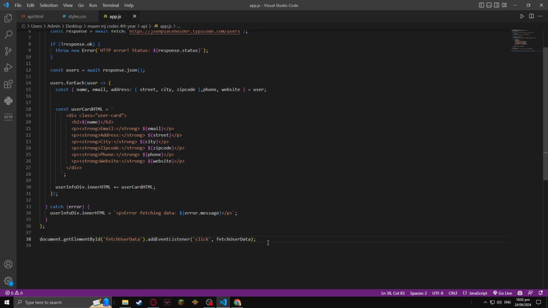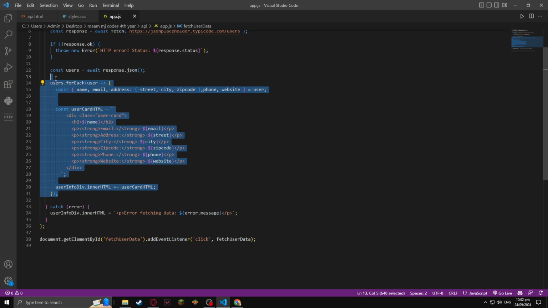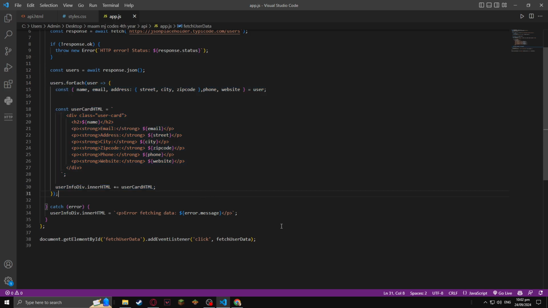If we haven't yet clicked the button, there will be no information or details retrieved and displayed yet. So I added an event listener for when we click the button, it will retrieve all of the data from the API and then display it on my web page.